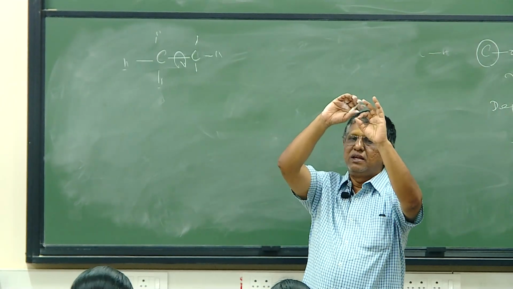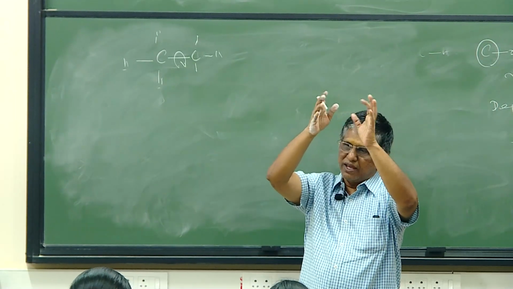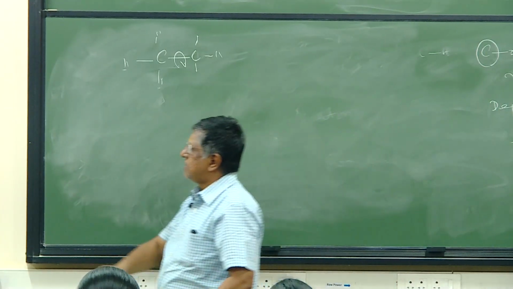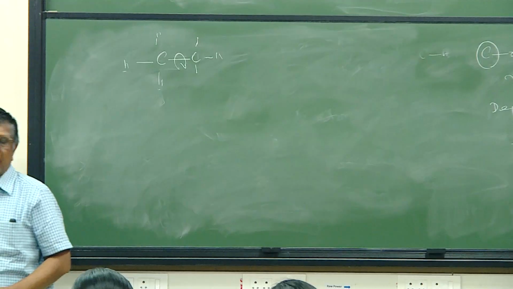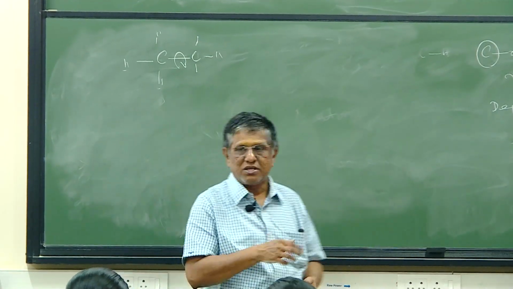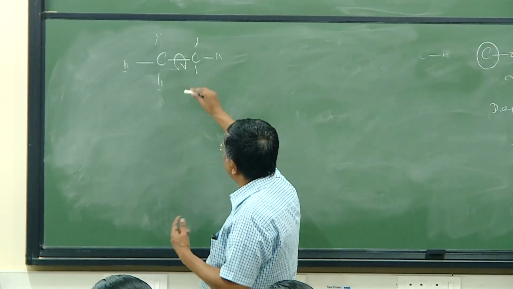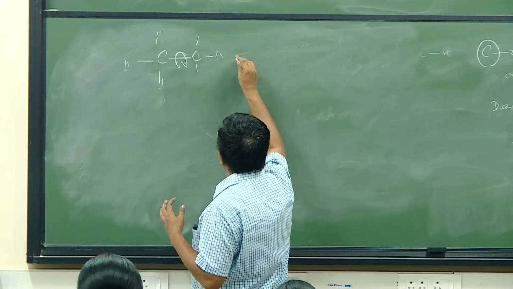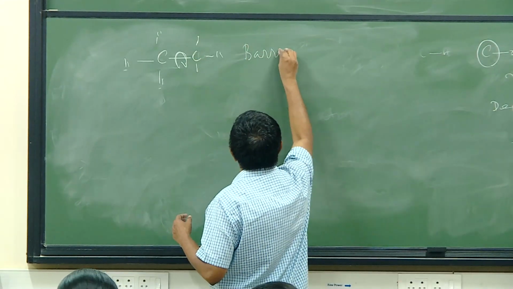One is staggered, another is eclipsed. That arises mainly because of the rotation. It is rotated like that. So this also will have energy. Therefore, there is an energy due to rotation, and that energy is called the barrier to